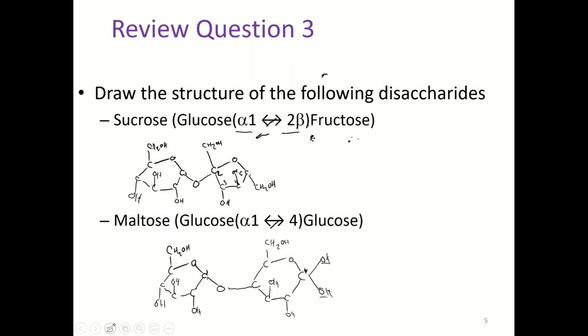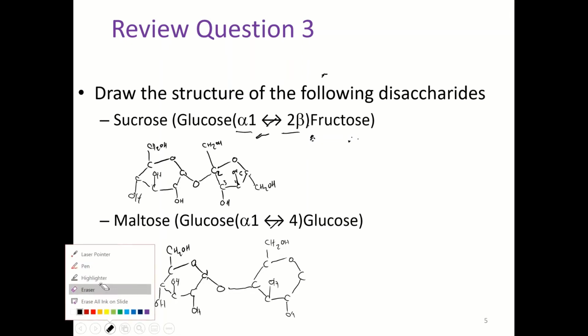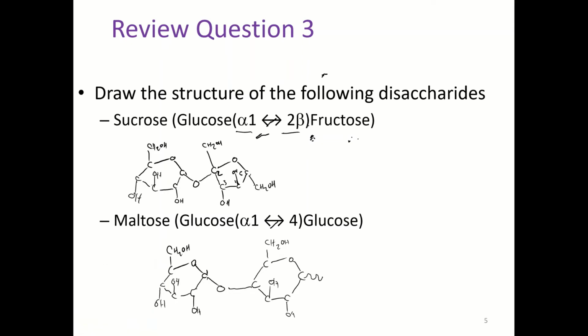Sometimes you'll see this depicted, if there's a place that can have either alpha or beta, by a wiggly squiggle line that just goes straight out to the OH, and that signifies it can be either alpha or beta. So this would be our picture